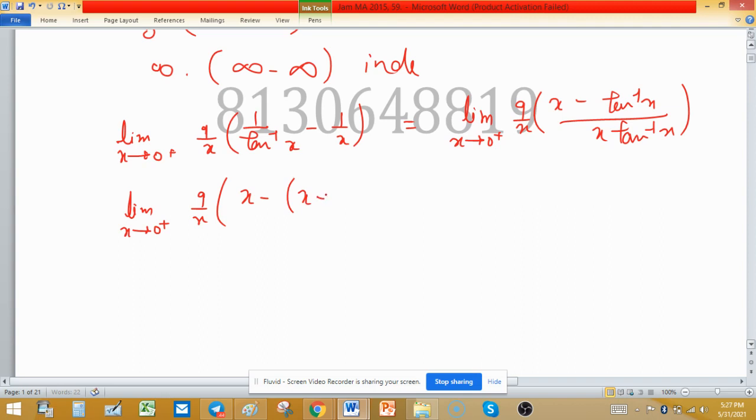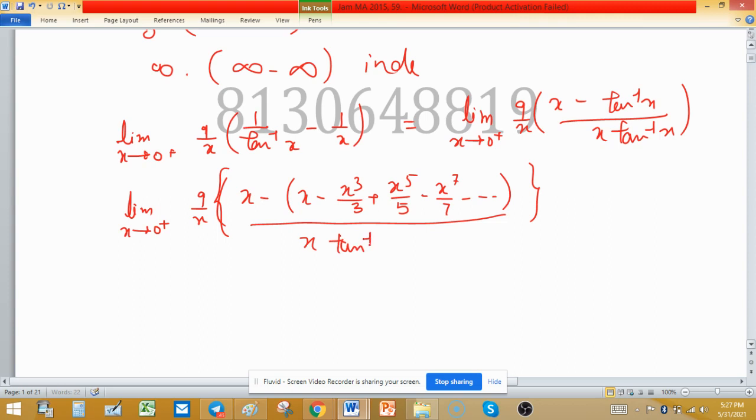expansion applied here. So x minus, in curly brackets, x minus x cube upon 3 plus x raised to the power 5 upon 5 minus x raised to the power 7 upon 7, and so on, divided by x tan inverse x. Same. In most cases, if x is given, then by expansion some terms will cancel out, as you can see here. So after this expansion we have limit x tends to 0 positive 9 upon x,